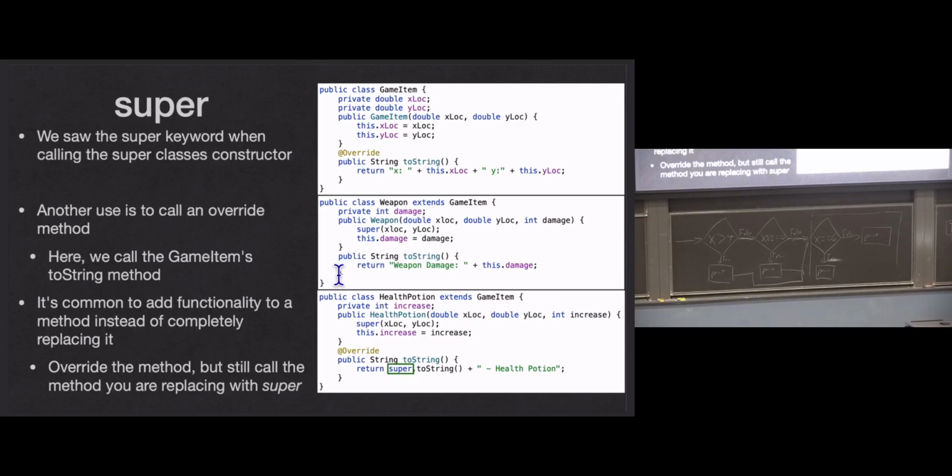In Health Potion, I snuck in a little keyword here. This kind of came up on Monday a little bit in some side conversation. But the Health Potion class, we're going to override toString, but we're going to do something a little sneaky. Something that we often do in programming is override something, but without completely replacing it. What we want to do is take the inherited functionality from a method and add to it. We want to say, okay, that's cool that you gave me some functionality, but I want to do more than